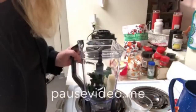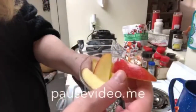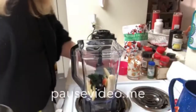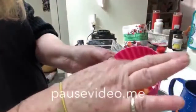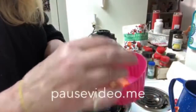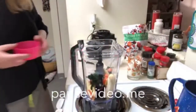All right, so there you have it. Now, next, I'm going to cut up a half of an apple. You leave the skin on. This is a Sugar Crisp apple. Okay. Hey, this is fun. I like this, Mike. Okay, next, I went out and got some ginger and some baby carrots. I looked up how good ginger is for you. I didn't realize that. So I'm putting in a couple little baby carrots, some ginger, and